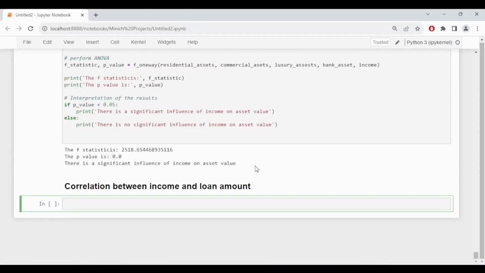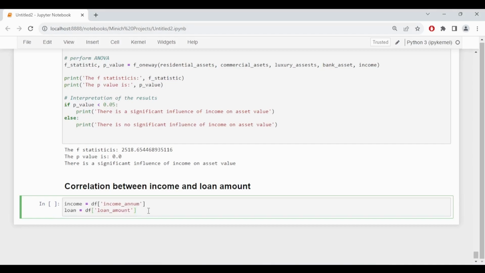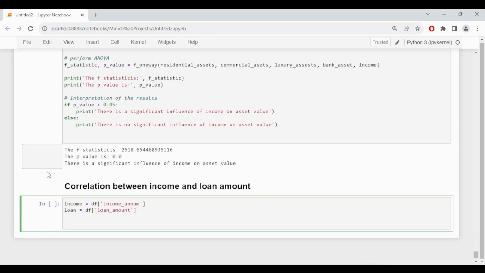So another correlation that we are going to calculate is the correlation between income and loan amount. We are determining if there is a relation between the income of individuals and the amount of loan they are allowed to borrow. So the first thing that we are going to do, we are going to unpack the data from the columns income annum and loan amount. So after extracting our data from the income annum column and the loan amount column into income and loan variables,